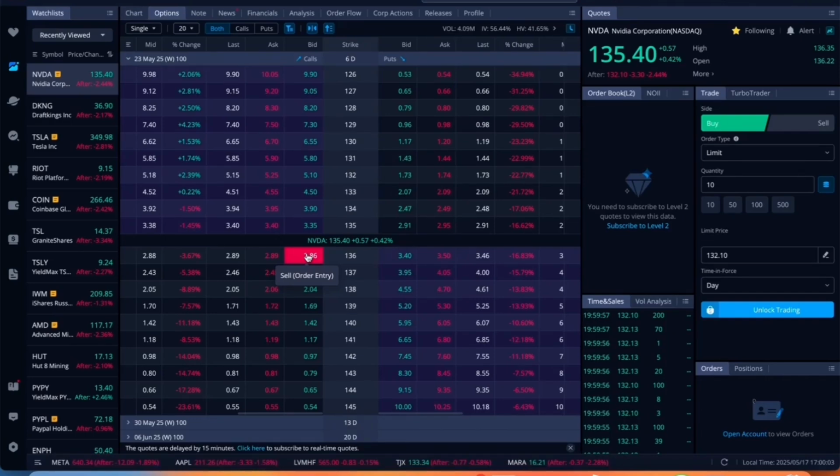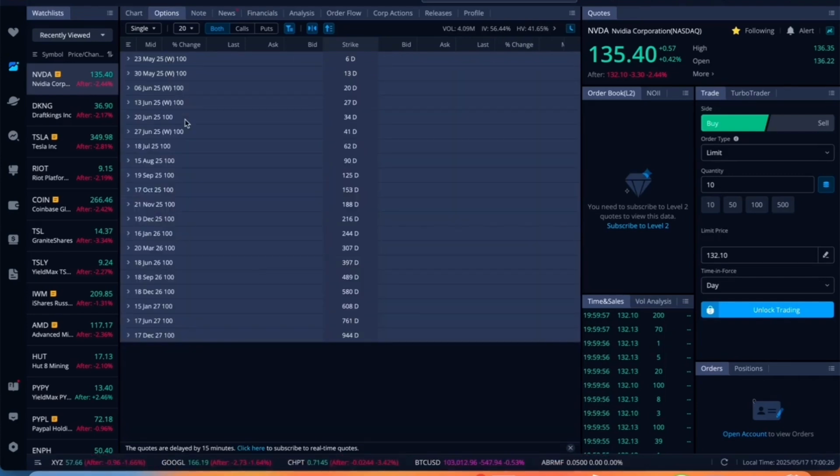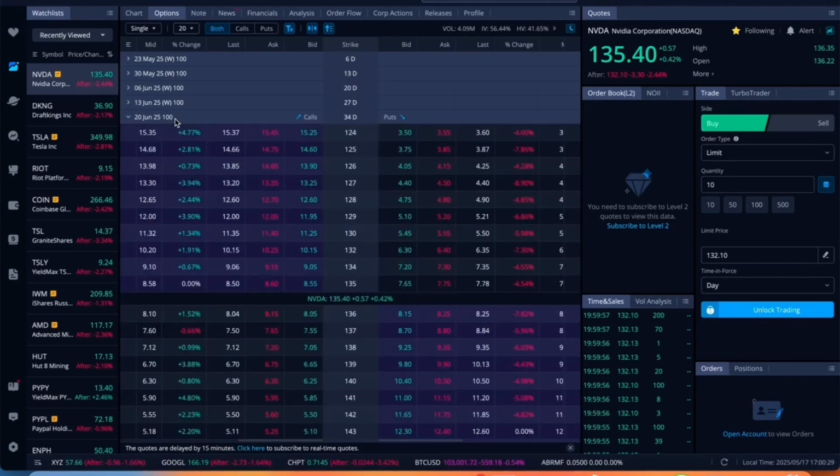So if that's what happens to me, and I get to a situation where I need to roll this option, what I would do is, let's say, for example, it goes $3 in the money and it's 139, but to simulate this, it's 133. So it's going to cost me $455 to buy this option back. I probably would go out like 30 days, and then I would probably look to sell like the 140 or something like that for $6.30, pick up some more net credit, and then manage the position and rolling up,